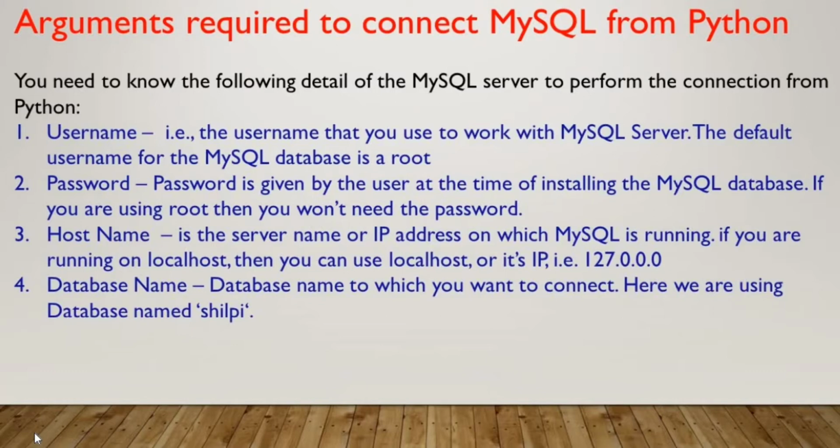Second, the next thing is host name. Host name can be the localhost. Localhost means the computer which you are using, the system from where the Python will access the data. So if it is your PC, your laptop from where the Python is going to access the database, in that case you will use host name as localhost. If it is any other thing, in that case you have to give an IP address.